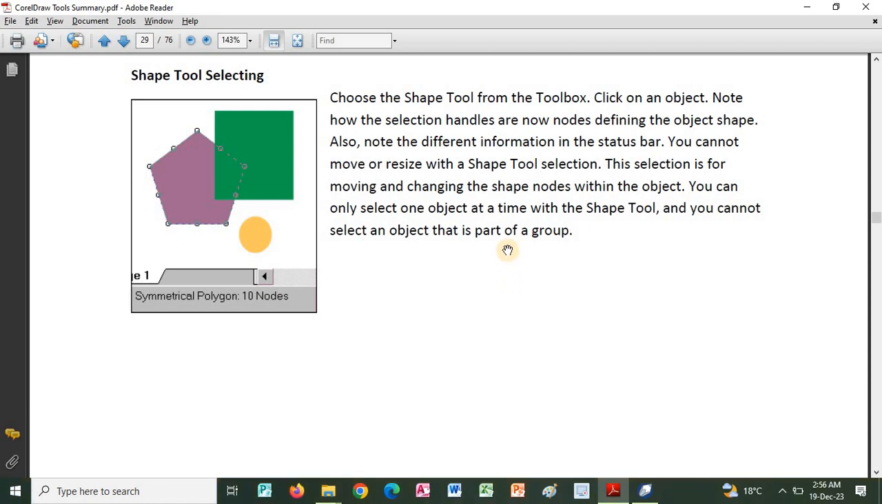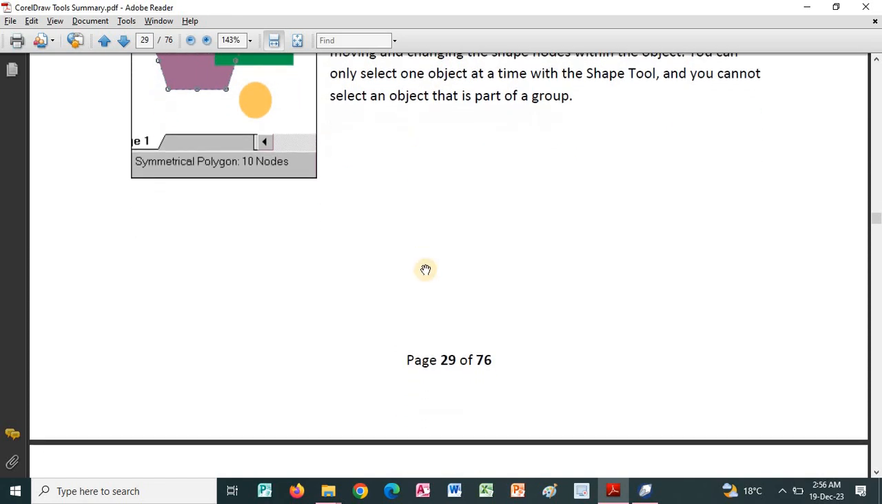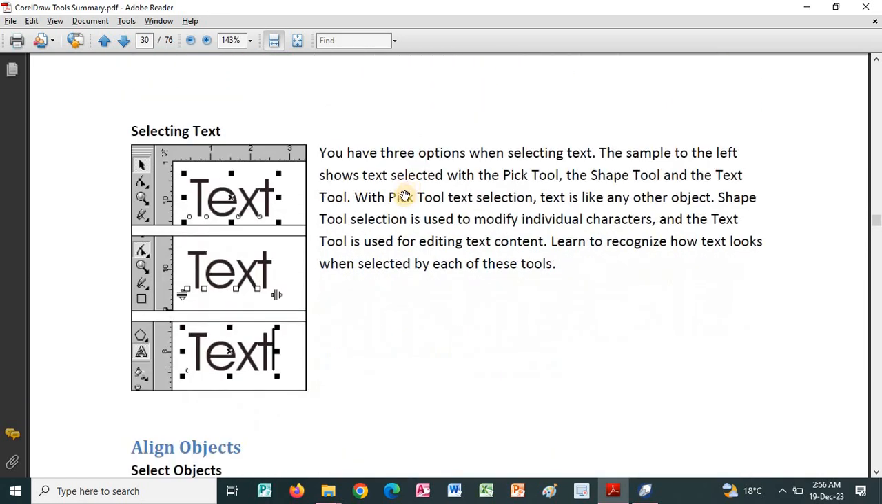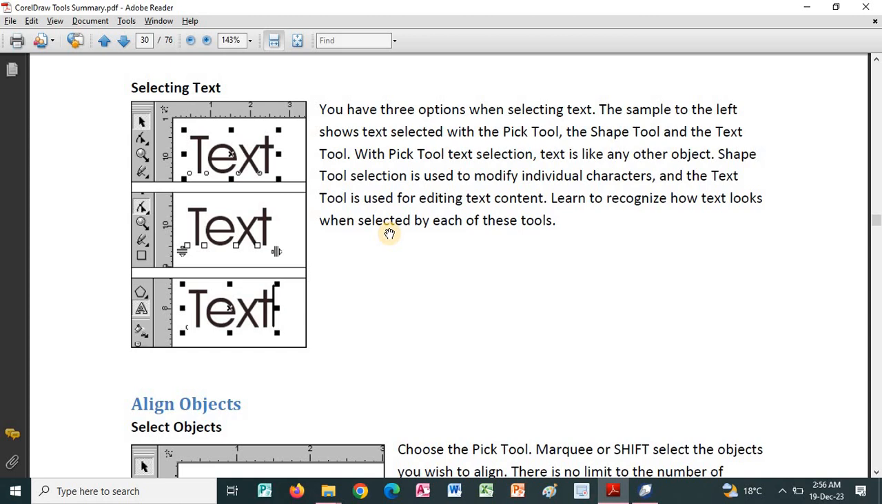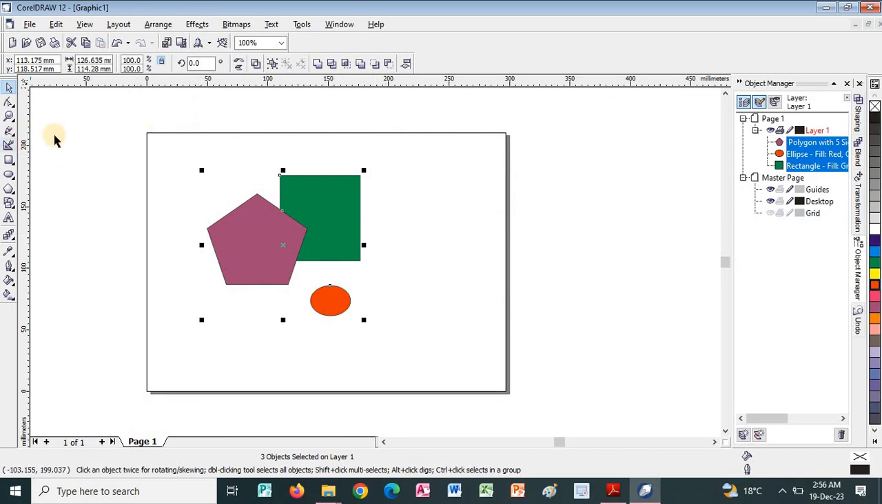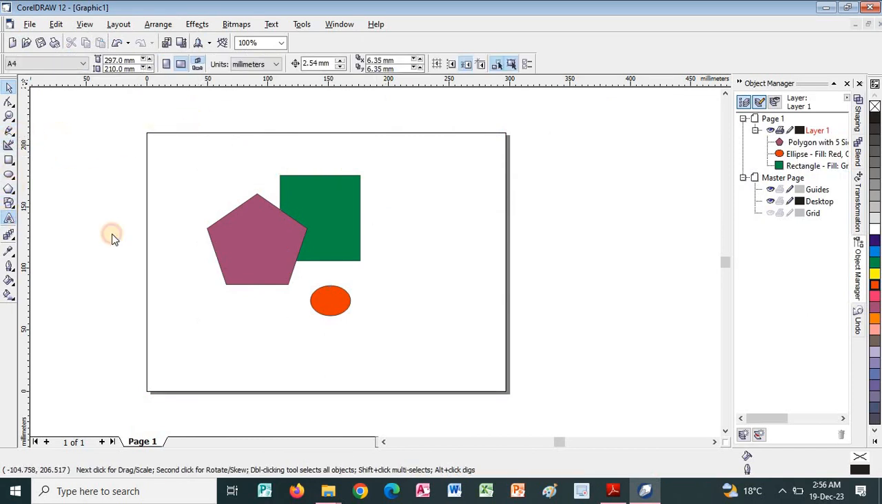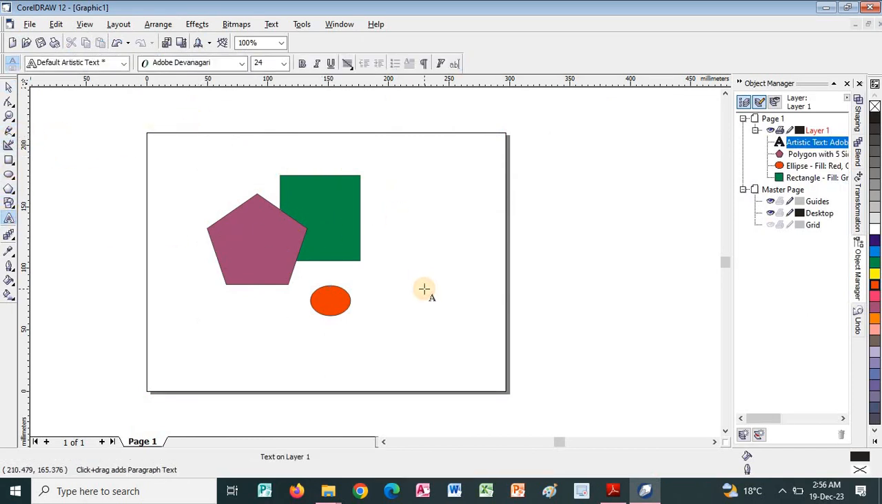The shaping tool, we had seen how we can use it. If you drag the corners of the object, they are going to change shape if you are using the shaping tool. In the same way, we see how you can select objects. If you click on the text tool, assuming you have some text here,